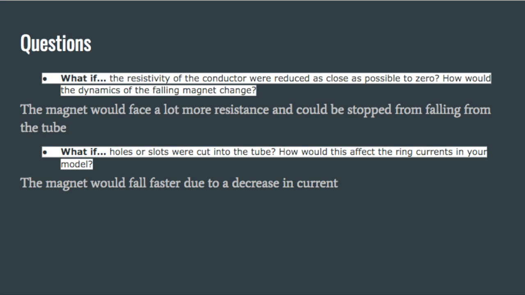And then what if holes or slots were cut into the tube? How would this affect the ring currents in your model? So the magnet would fall faster due to a decrease in current,